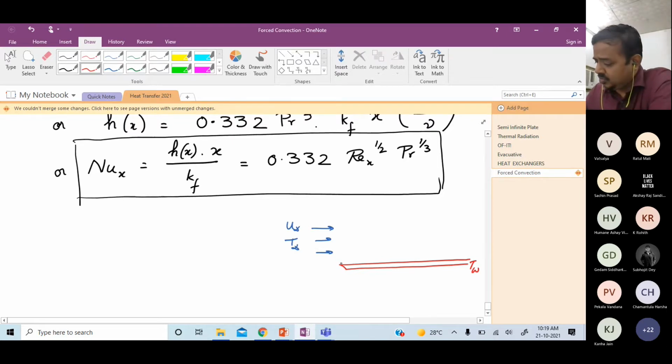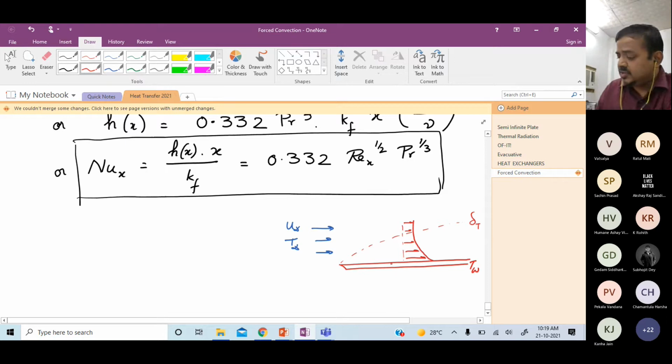And we know that there exists a thermal boundary layer within which the temperature varies like this from TW to T infinity. Okay. This is telling us how the Nusselt number, and therefore the heat transfer coefficient, is